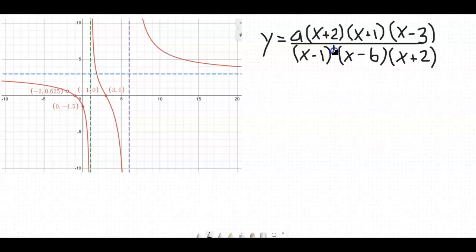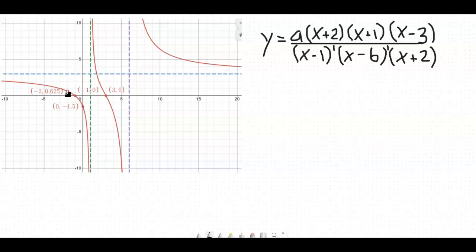Again, that's odd, so I'm going to start with a little 1 in the exponent position. All right, now let's take a look at the one that happens at 6. Again, one side is approaching negative infinity and one side is approaching positive infinity, so that will also be an odd multiplicity. And for x plus 2, which corresponds with the hole, we really don't know yet,